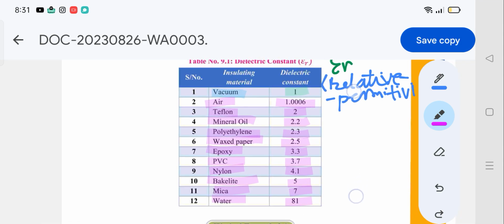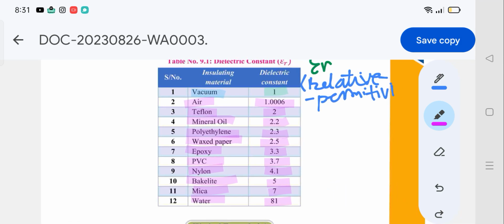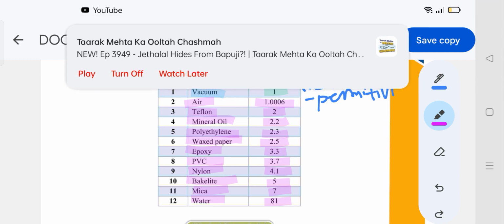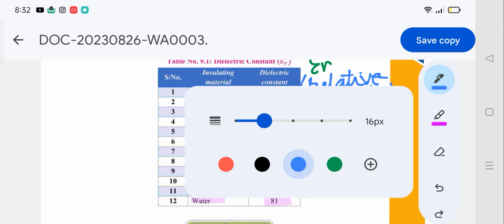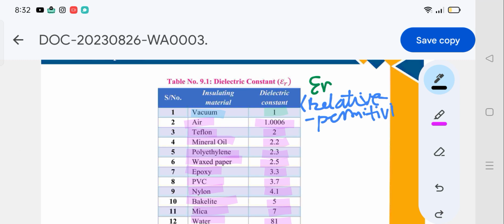Now you can observe one thing, right? We have a very much greater dielectric constant when the insulating material is water. And we have a very small dielectric value when the medium is vacuum. So ER, as I already discussed when we were discussing chapter number 8,